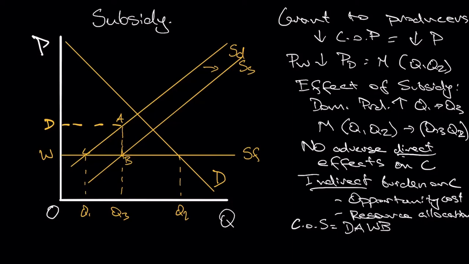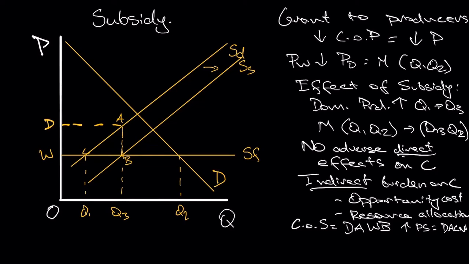So it's that rectangle between the price that producers would have received without the subsidy and the price that they're actually receiving due to the government benefit. Now, obviously, producer surplus has increased because they are producing a higher quantity of this good and they're receiving a higher price thanks to the subsidy. So the increase in producer surplus, the increase in PS, can be measured by the area